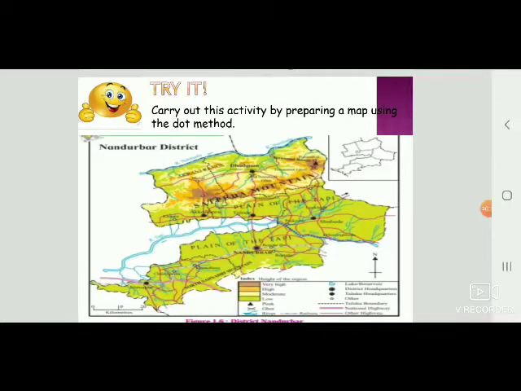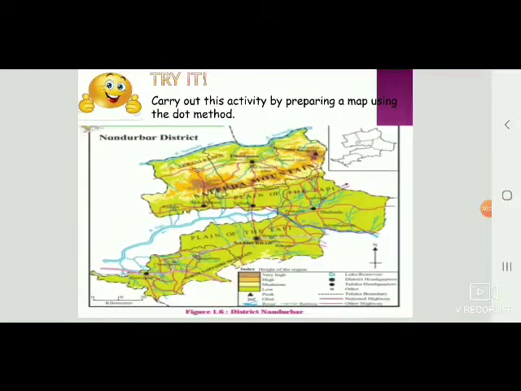As you all can see in this map on the screen, we have the Nandurbar district. Coming to the index that lies to the extreme right of the page, we have different symbols denoting different things stated in the Nandurbar district. Example, the huge black dots are the district headquarters. The smaller black dots are the taluka headquarters. Small water bodies are lakes or reservoirs.